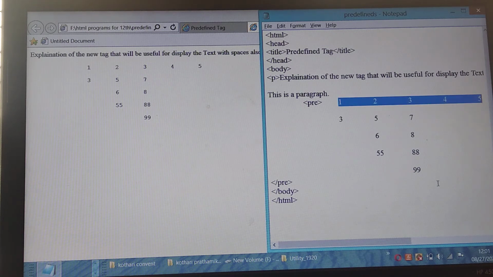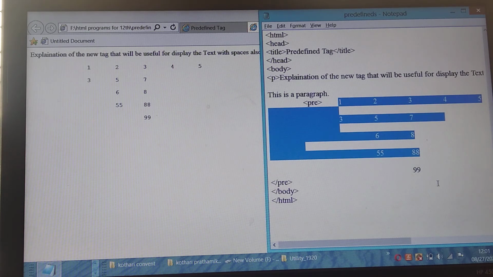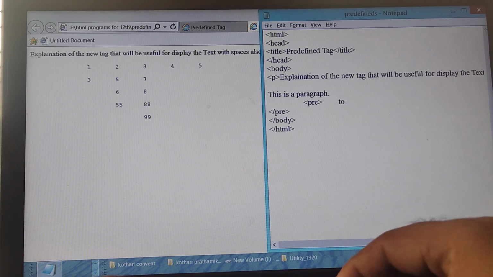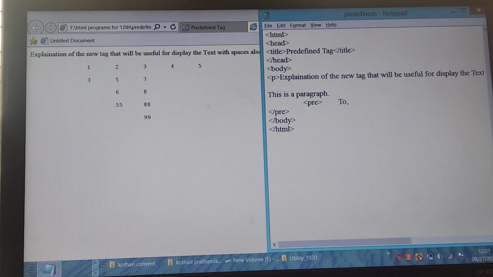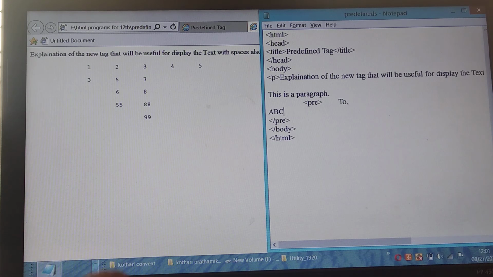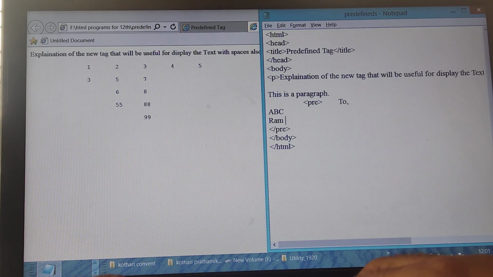Also we will take one more example, writing the address of a person. At the first line, 2 will be there. At the second line, ABC, Ram Nagar. Actually you can type anything here.